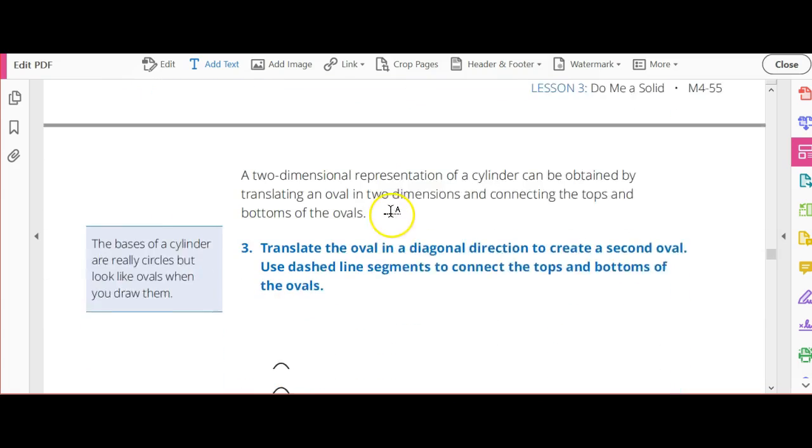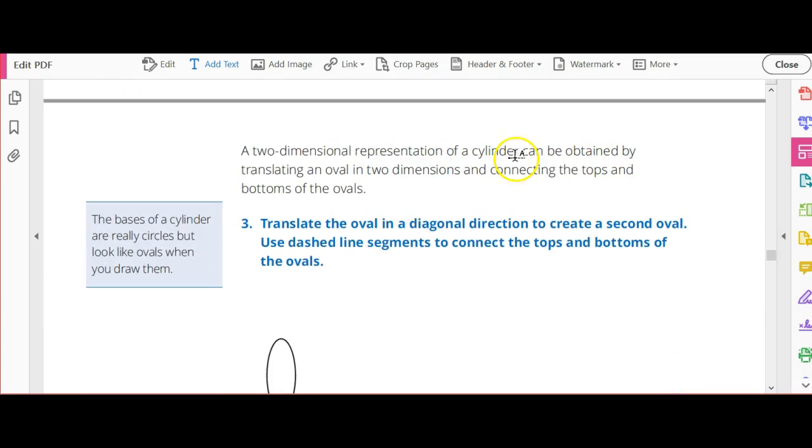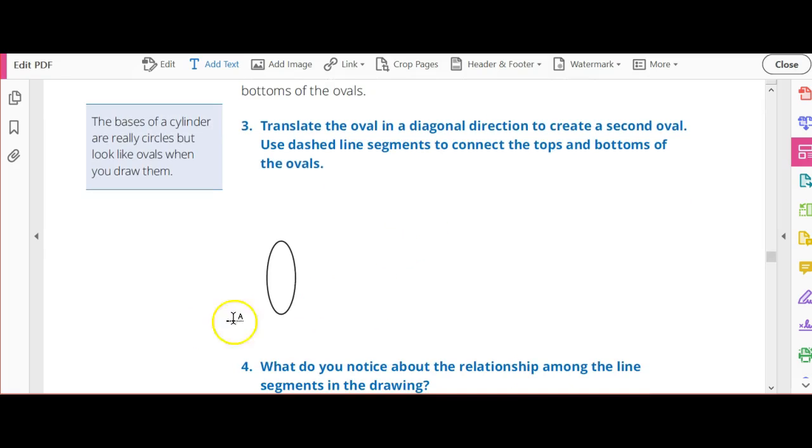All right. So it says a two-dimensional representation of a cylinder can be obtained by translating an oval in 2 dimensions and connecting the tops and bottoms of the oval. Now it says translate the oval in a diagonal direction to create a second oval. Well, let's see if I can do that. Here we go. I'm going to try to draw. Oh, I think I have an oval tool here, right? There's an oval tool. Let's see if I can make an oval. That's not really going to be diagonal though, right? So I'm going to try up here and see if I can get an oval that's a little more diagonal, right? So now, if I connect those, my line tool here,